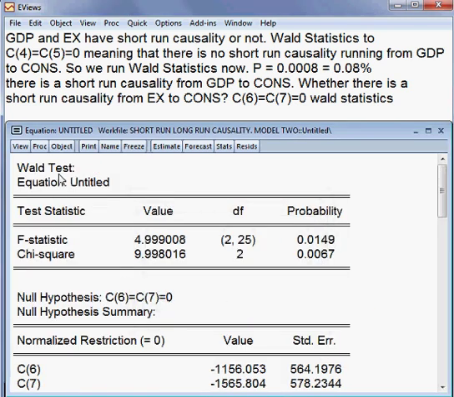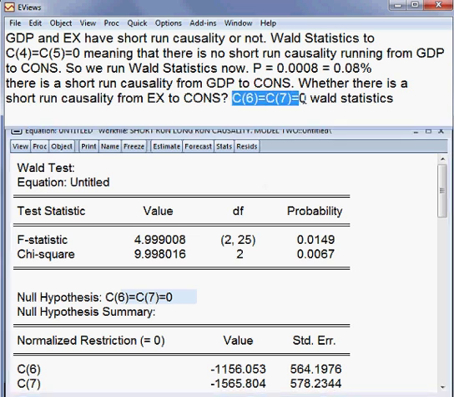The result has come up, the Wald test, with the null hypothesis C6, C7 equal 0, the chi-square value and the corresponding probability. The value is very small, less than 5%. So we can reject the null hypothesis,